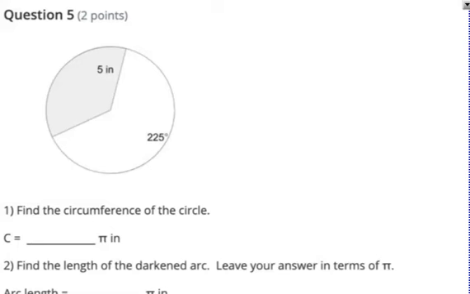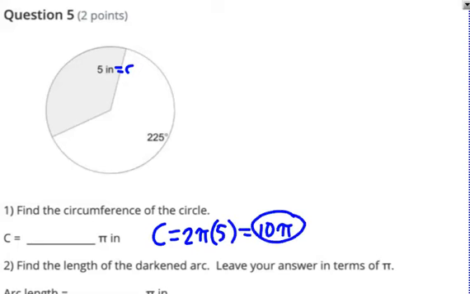Same question, different picture. Finding the circumference first. You just have to know if you have a radius or a diameter. This one is a radius, so now we have to double it. 2 pi times the radius, which is 5. So in terms of pi, we have 10 pi inches for our circumference, and then they want this, the length